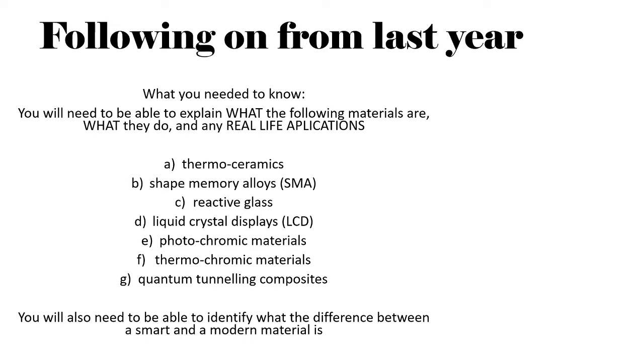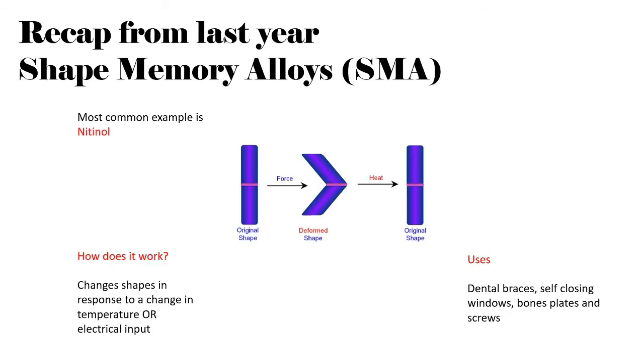Now the most common materials we needed were thermoceramics, shape memory alloys, reactive glass, LCD displays, photochromic material, thermochromic material, and then quantum tunneling composites. And then it's important that you can identify the difference between smart, modern, and composite materials. Now, I won't spend too long going through, as this is a recap of these bits so we can get